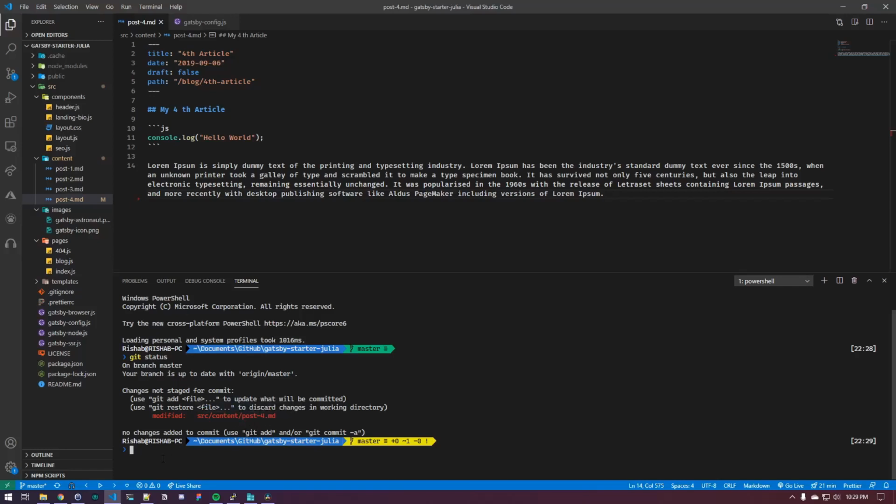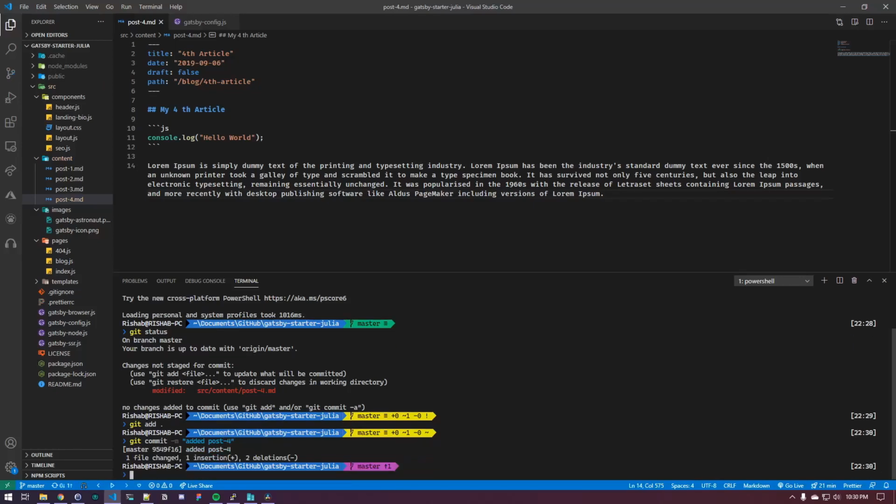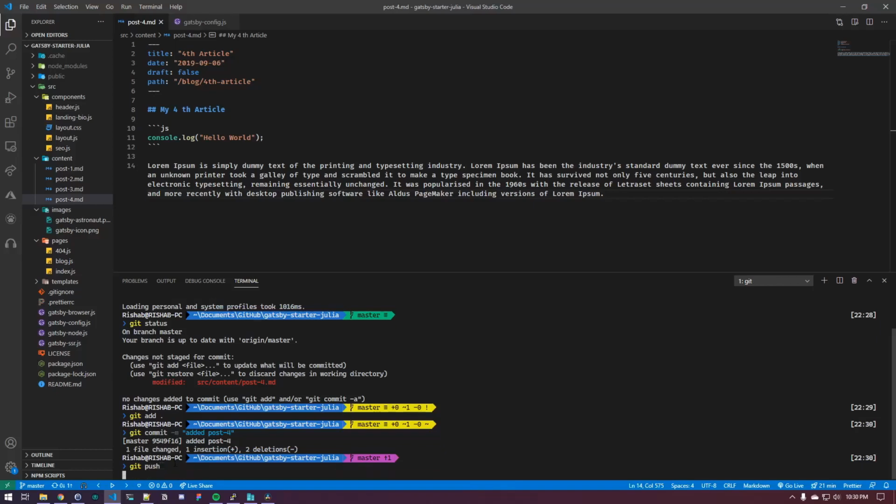GitHub. So what we can do is add that file, and you can do git add period, and then you can commit it with the message add post. So now your changes are committed and they are ready to push. You can do git push, and